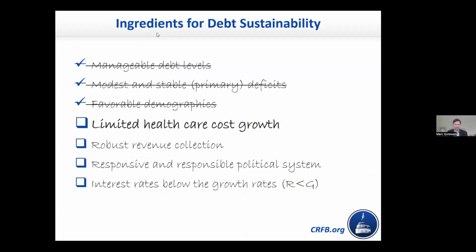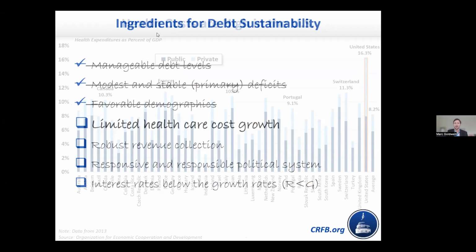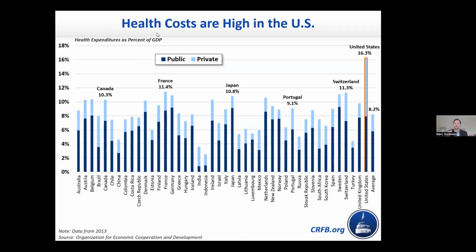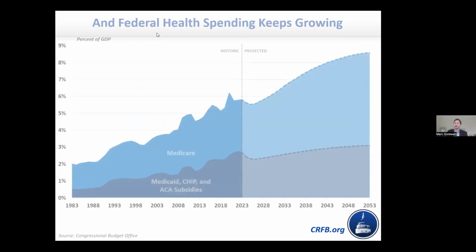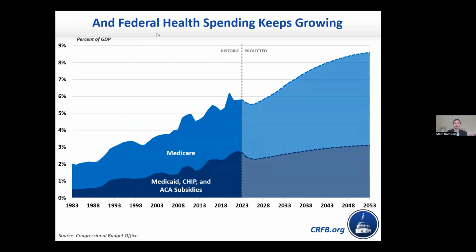I feel like, again, this is Halloween themed, so it's just going to get spookier. I'm not even going to pretend that maybe we have limited healthcare cost growth. The United States spends 50% more than the next largest country overall in healthcare. We spend twice as much as the average. We spend about average just on government healthcare, despite the fact that our government healthcare only covers seniors and low income, and in most countries, their government healthcare covers everyone. We spend a lot on healthcare. A lot of that's in the private sector, but a lot of it's in the public sector, where the cost of Medicare, Medicaid, and to a lesser extent, other programs like Obamacare subsidies are continuing to rise.